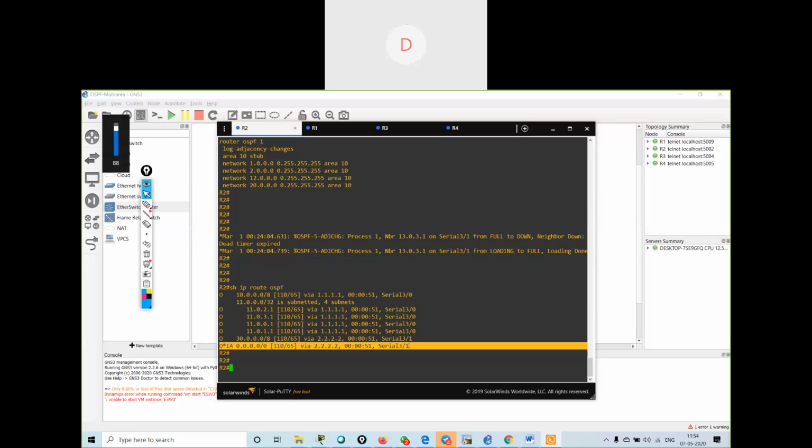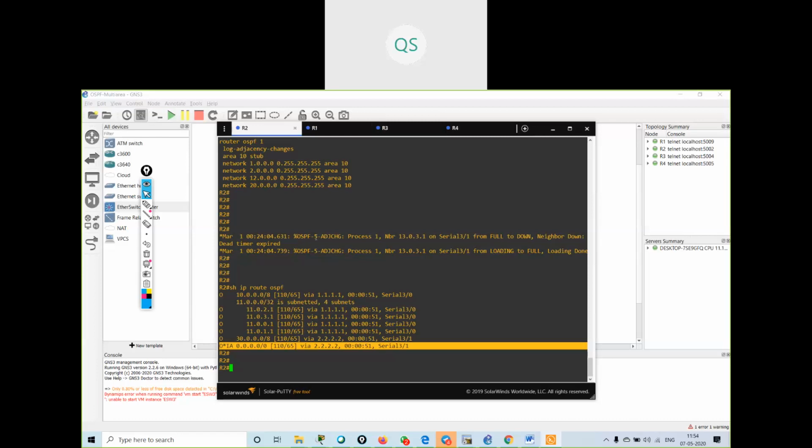Okay, so I just want to find out, are you supposed to do a configuration at all to stop LSA 3, or do you just remove the area stub? I have not removed any configuration. See, I will still be able to communicate with the external routes.